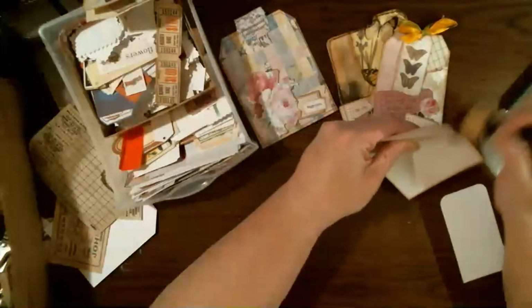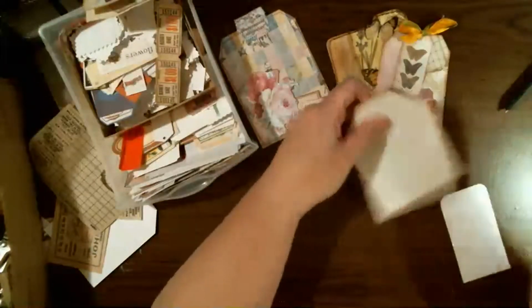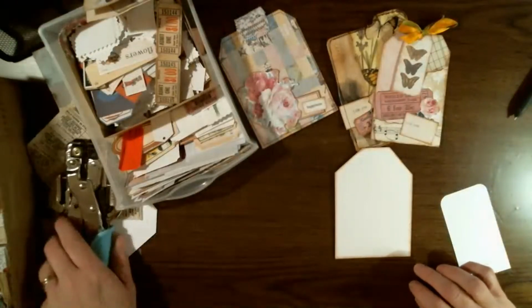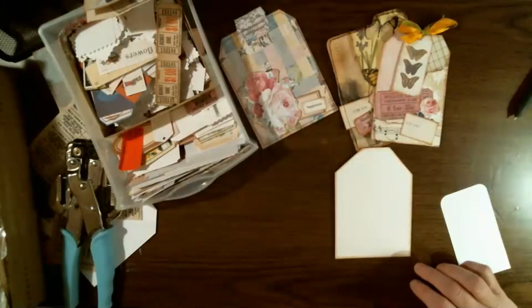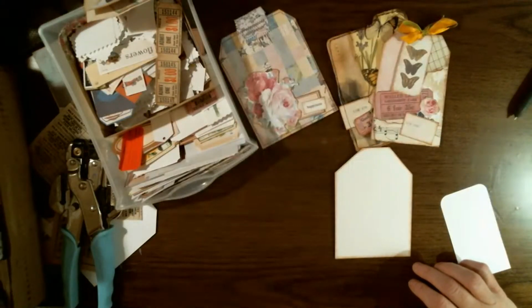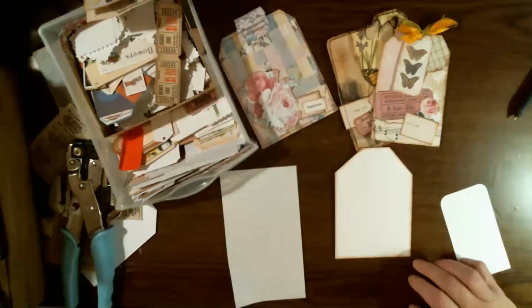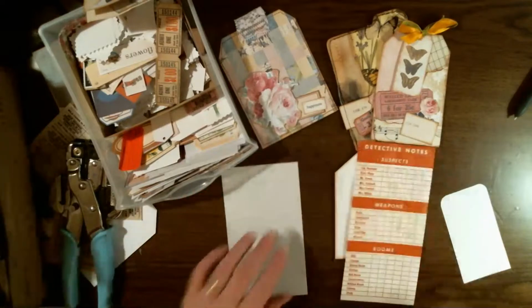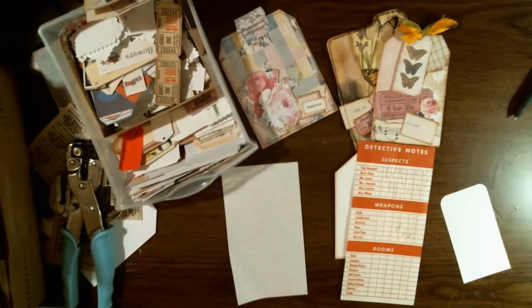I'm sorry, Angie. So there's that. Let's see what we can find in this box to put on that one. So we have some children there. We have an old scorecard from